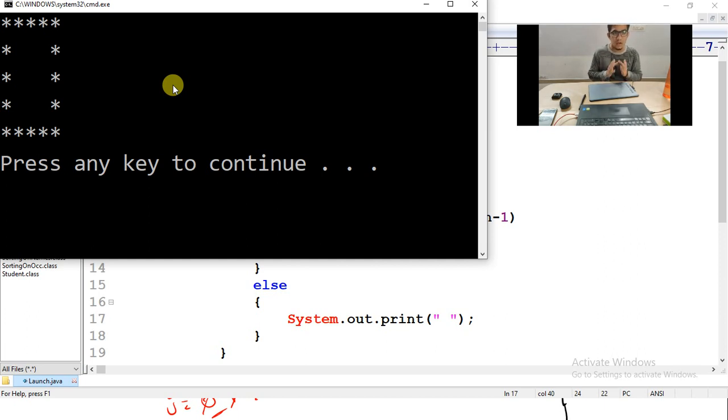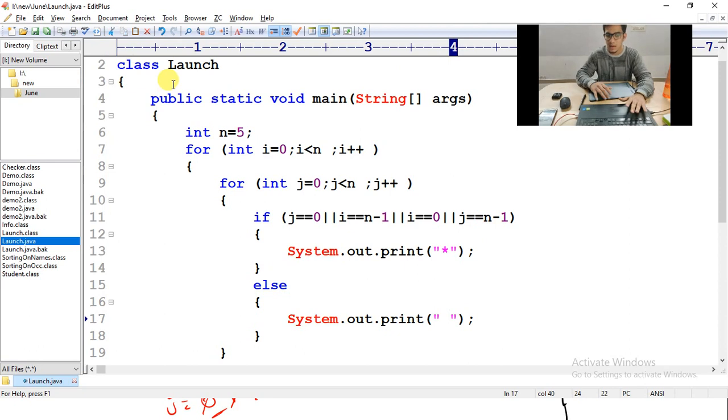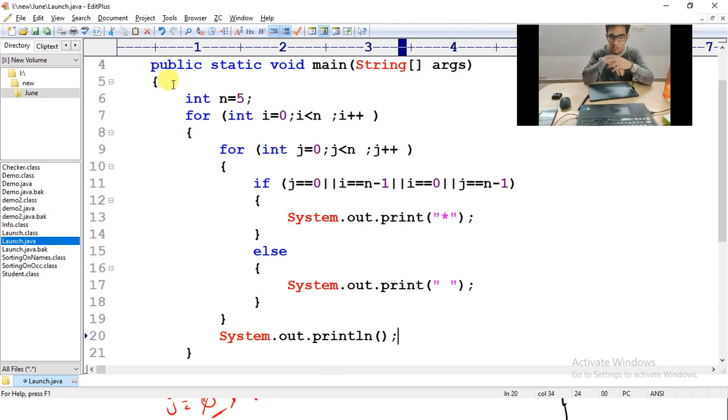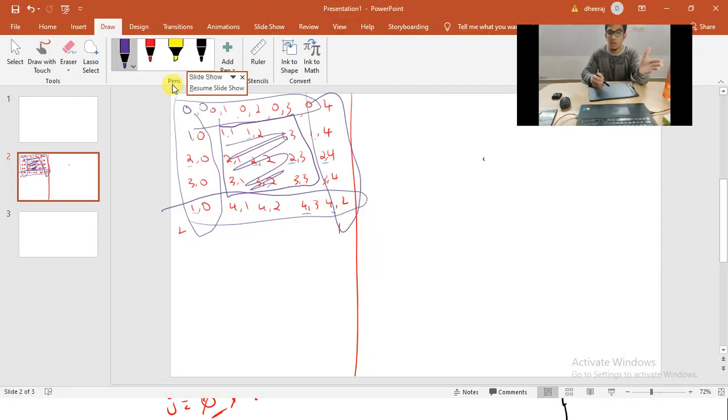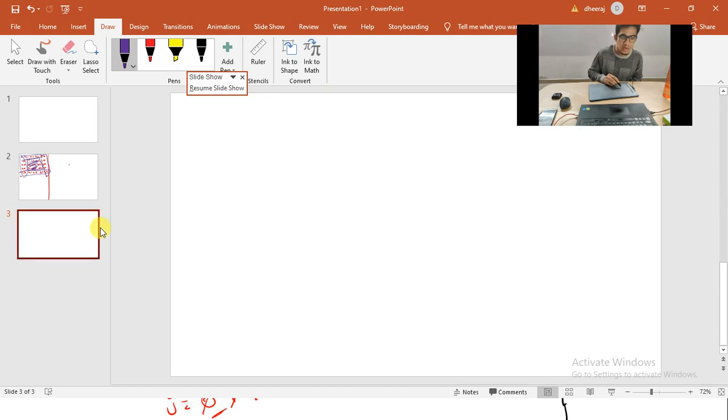I hope that you have understood this code with the tracing. So you can take this screenshot. I'll give you 3 seconds. But every time, we definitely can't draw this 0, 0, 0, 1, 0, 2. We can't do it like this. Then what is the trick? Directly we can get the code. I'll be telling you. So what you have to understand is this.